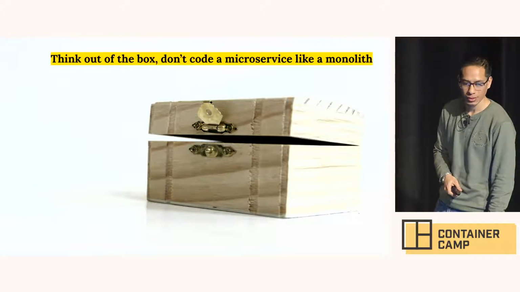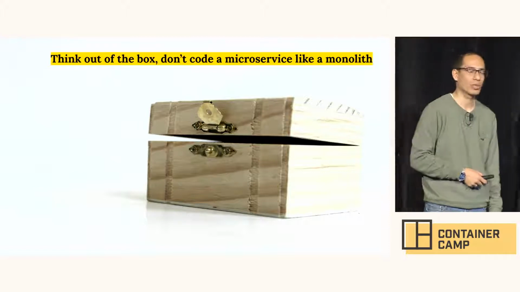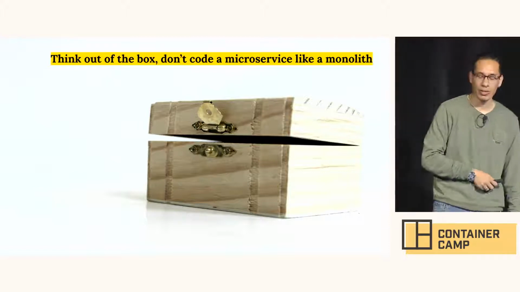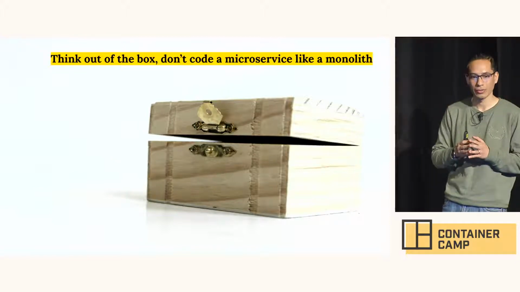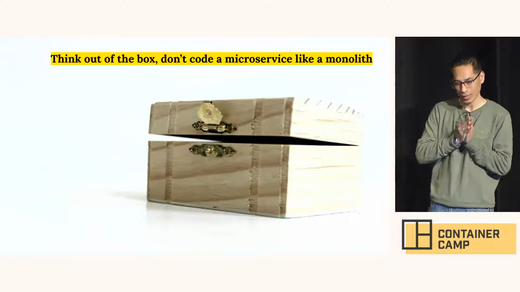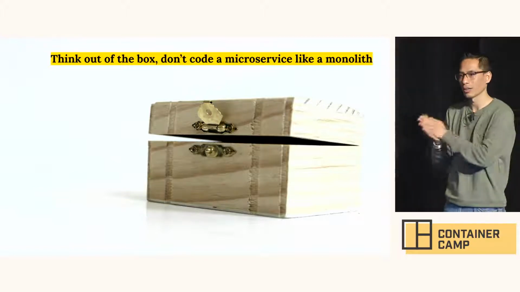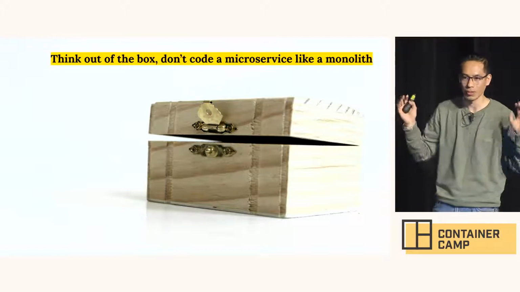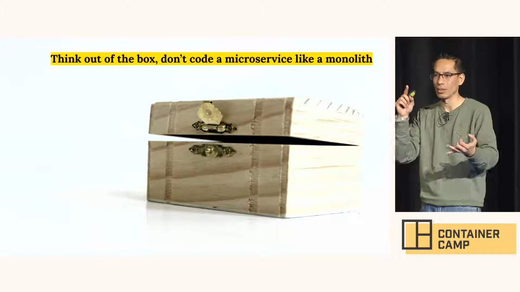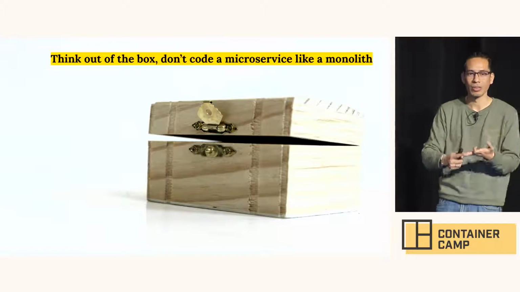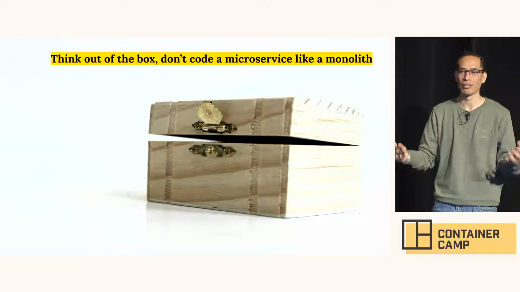This is very important because many people come from apps which have hundreds of thousands or even millions of lines of code. This mentality of writing a microservice, they have to think out of the box. What do I mean by that? If people are used to writing 100,000 lines or a million-line code base, if they are used to maintaining that, they will want to pull in the baggage of, let's say, MVC, ORM, and all the patterns they know and everything, and try to put it into a microservice, which is never going to be larger than 5,000 lines of